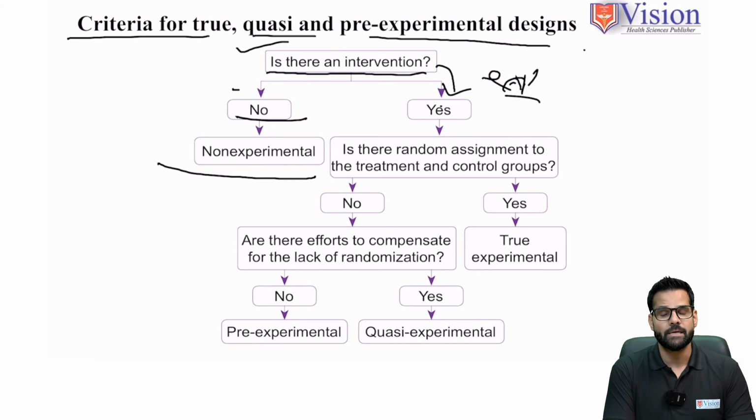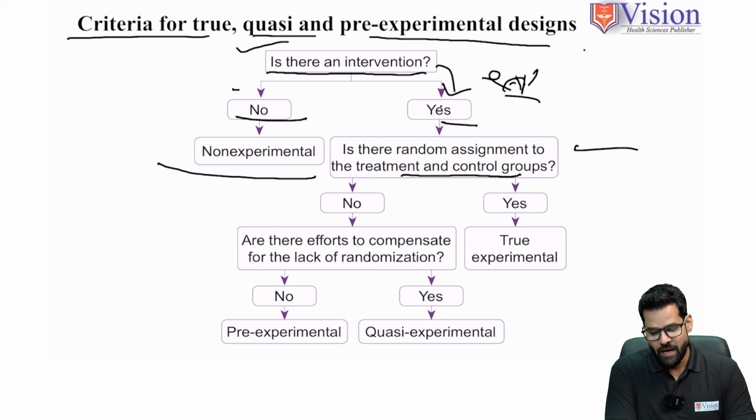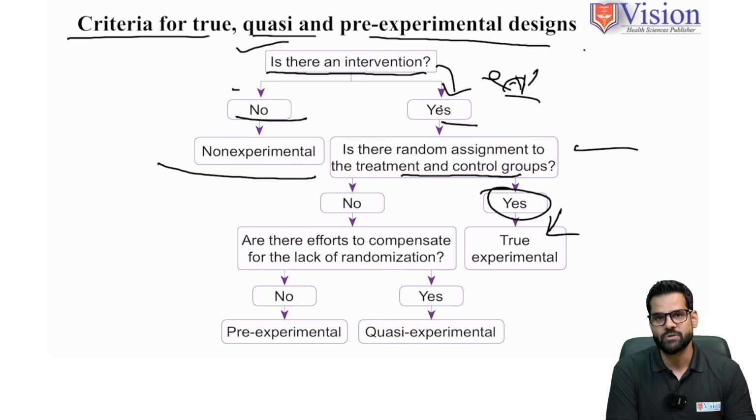Now the next question is, is there a random assignment to the treatment and control group? If the answer is yes, then we call it a true experimental design, which we have already studied. But if there is no random assignment of subjects to the different treatment conditions,